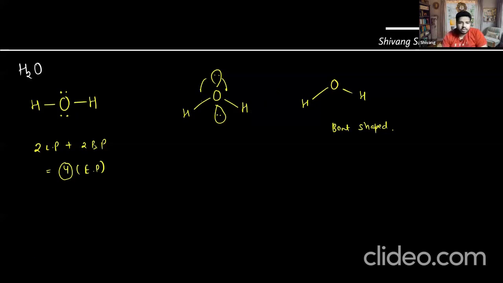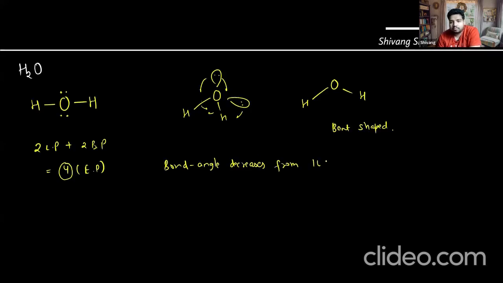To understand it better, let's make a lone pair like this. So they're going to repel each other. And because of that, the bonds are going to get squeezed together, decreasing the bond angle again. So this time, because there are two lone pairs, the bond angle decreases